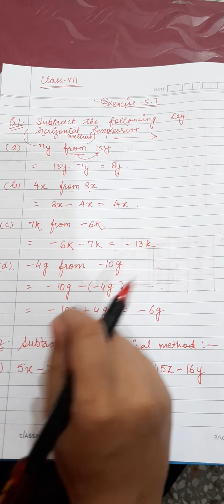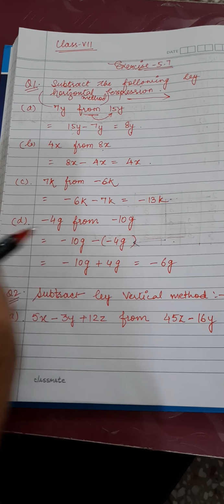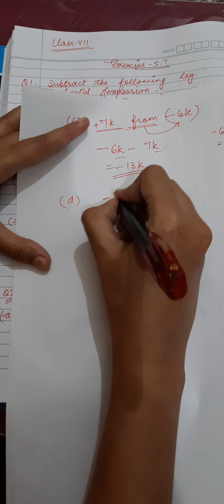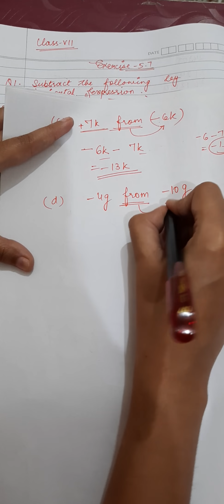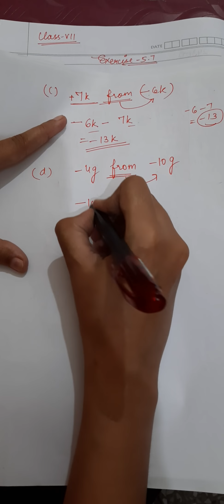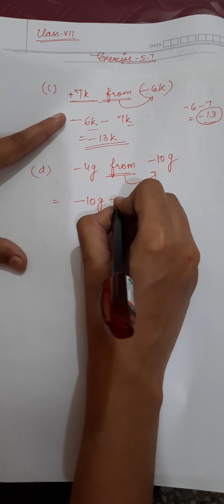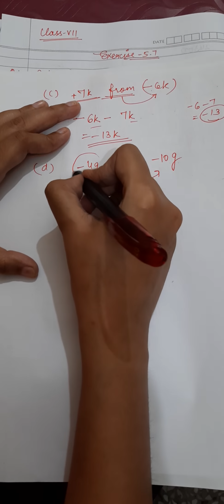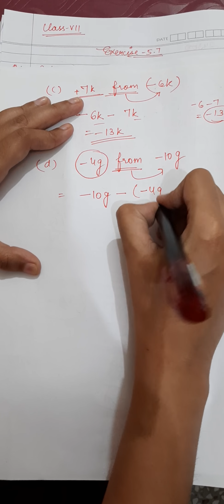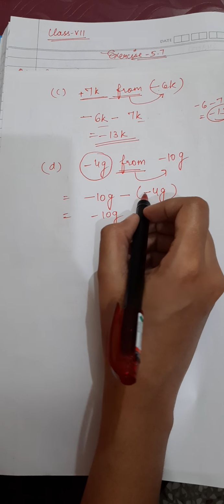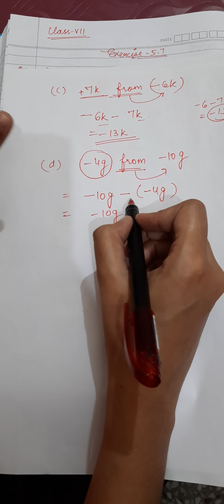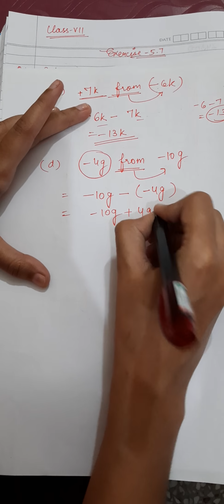Okay, now the D part. Now you have to subtract minus 4g from minus 10g. Again from is there, so what you are going to write firstly is minus 10g, and what you have to do? Subtract. What you have to subtract? Minus 4g. So you are going to write minus 4g. Now minus 10g as it is, and two signs cannot be together, so we are going to make it 1, and we know that minus minus is plus 4g. So this will become g, the answer will come in the variable g, and this is minus 10 plus